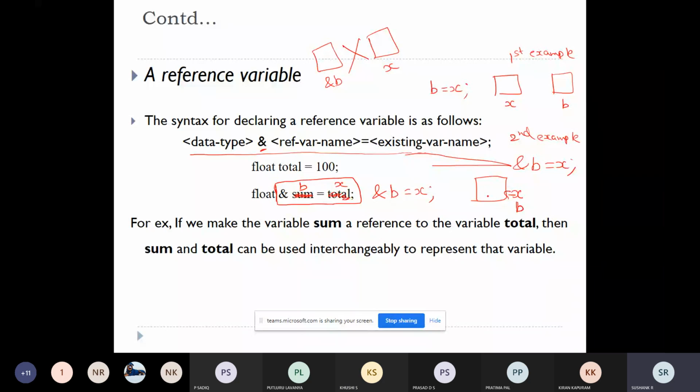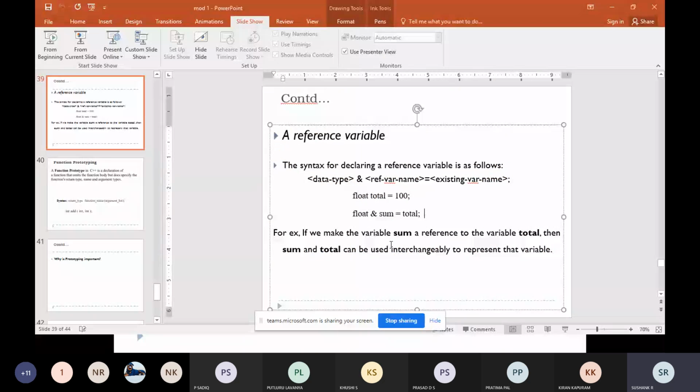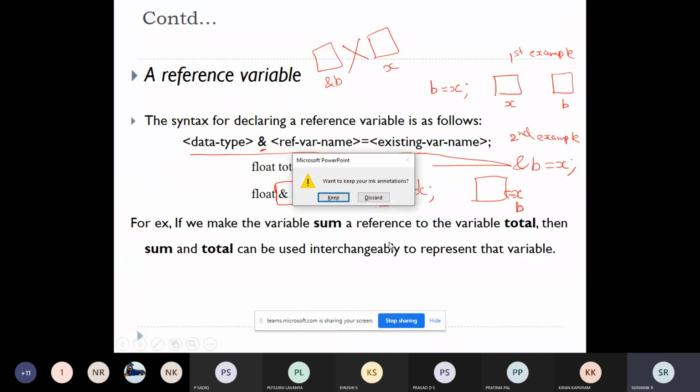Clear, sir. Convinced, or few more examples? See, ampersand b means b is a reference variable. B is a reference variable for which existing variable? For x. So in our previous examples, I'll just exit this slideshow.